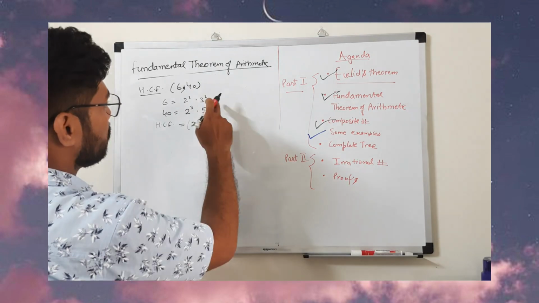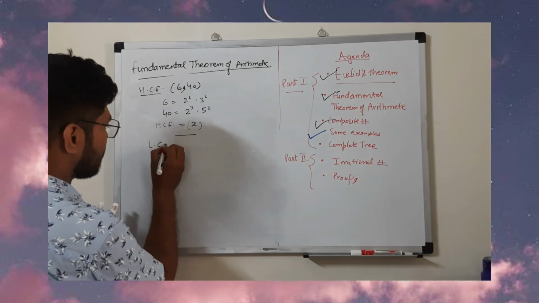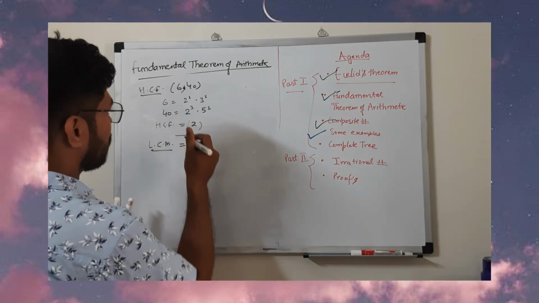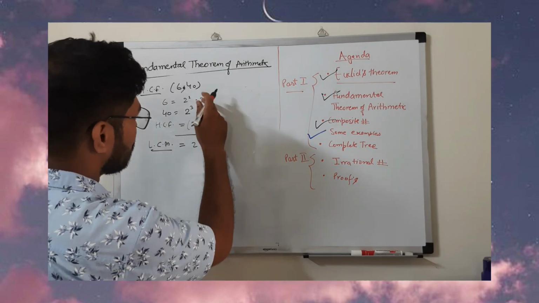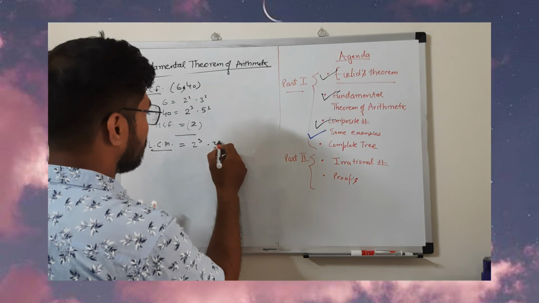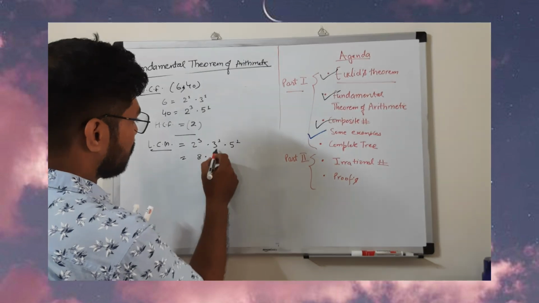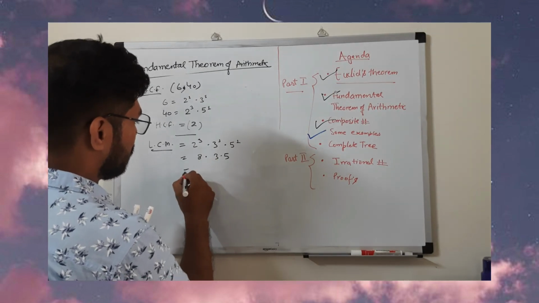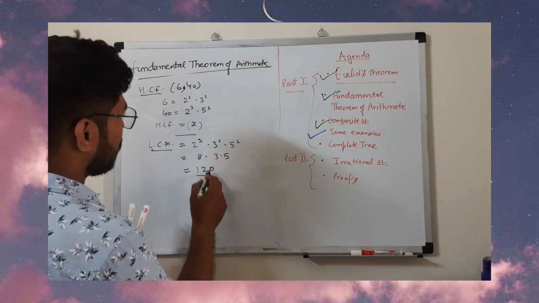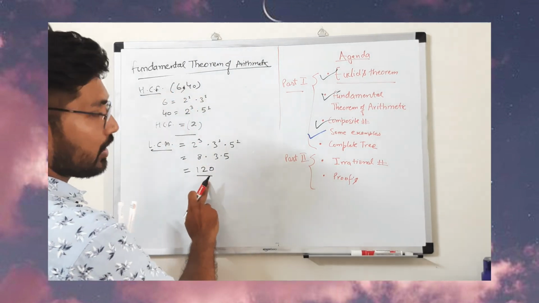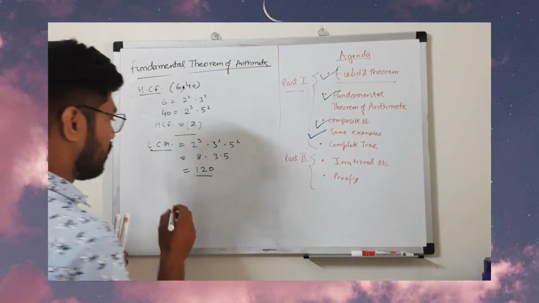Now this is how we get the solution using the fundamental theorem of arithmetic. Now let's take LCM. It's the maximum power of the common ones: 2 to the power 3, and 3 which is not common, we need to take all the elements, 3 to the power 1 and 5 to the power 1, so it will be 8 into 3 into 5, which is 120. You can see 6 and 40 both divide 120, and 2 is the common factor. So this is how HCF and LCM come.